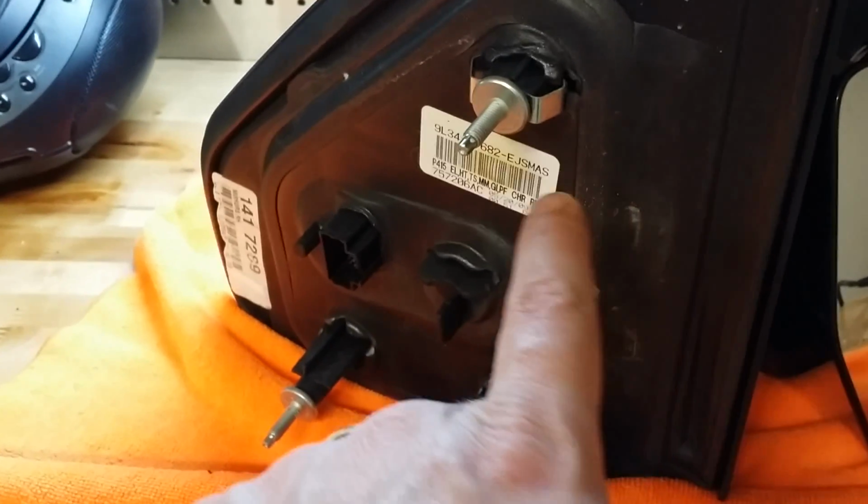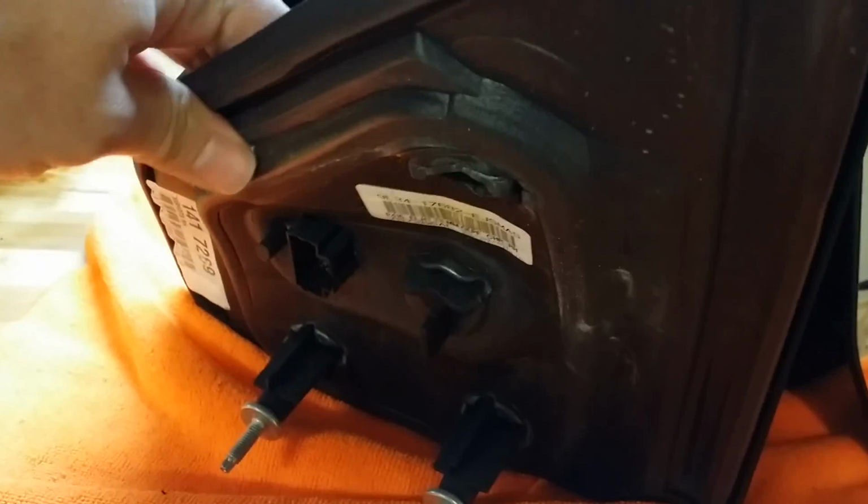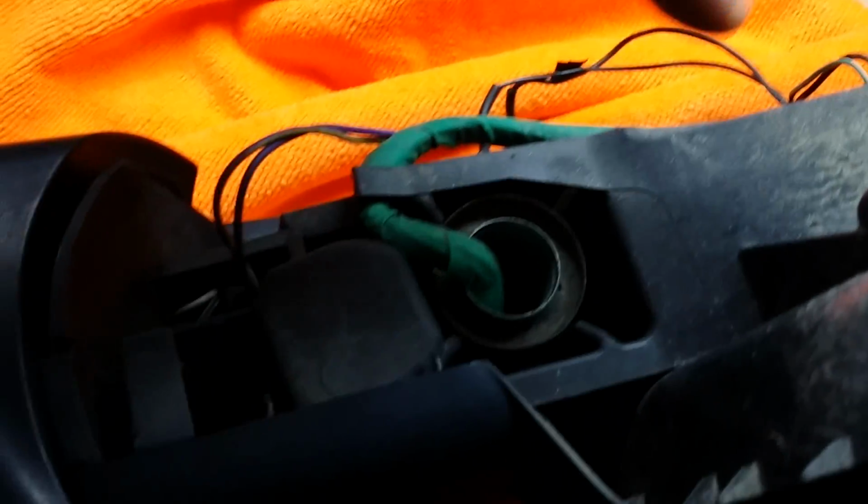After removing the nuts from these 3 bolts, the entire mirror housing can be slid out. After doing that, place it on a flat surface and remove the foam protectant layer. With the foam protectant layer removed, it's now time to run our power cable down this hole